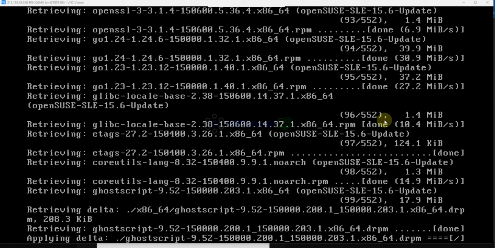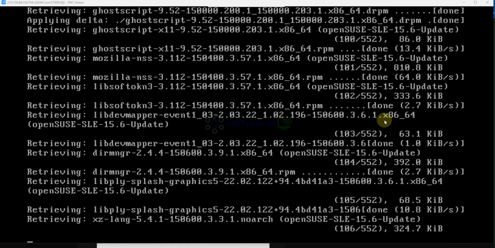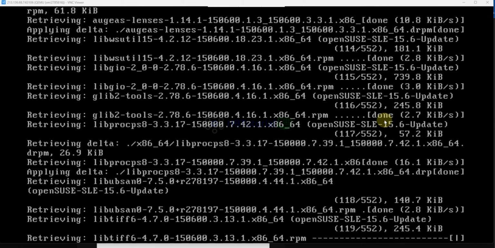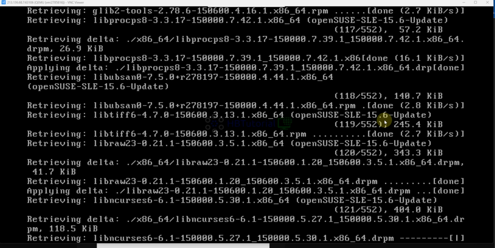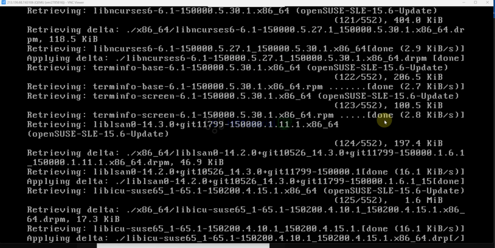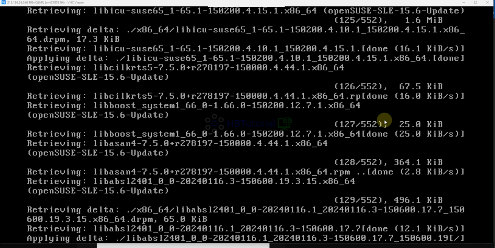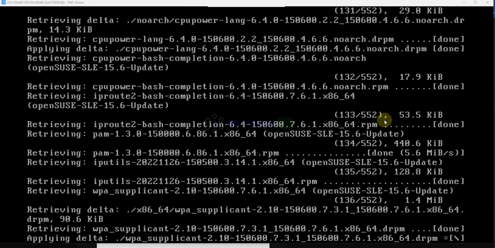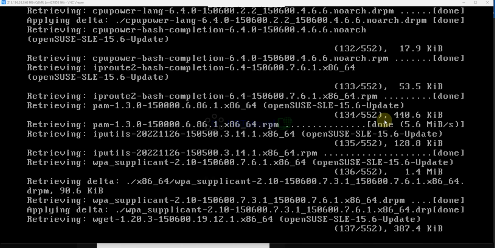It's a lot of updates because it's an old one. So you need to be patient when installing so that you will not face any errors. You need to check carefully. This is the only challenge when doing an installation.